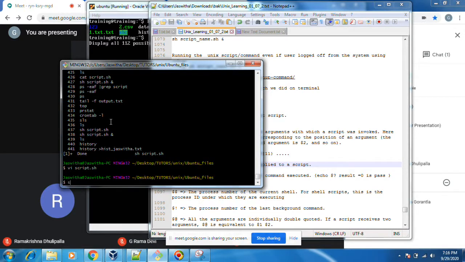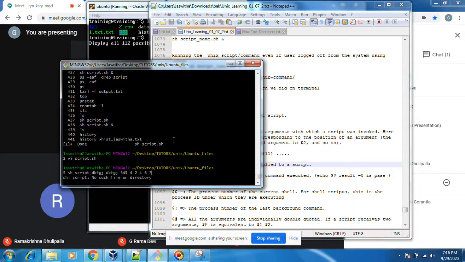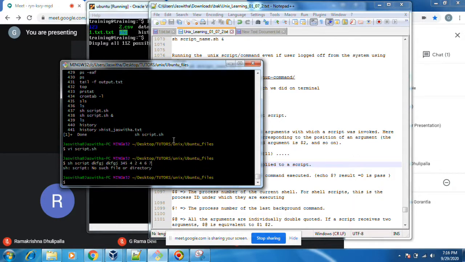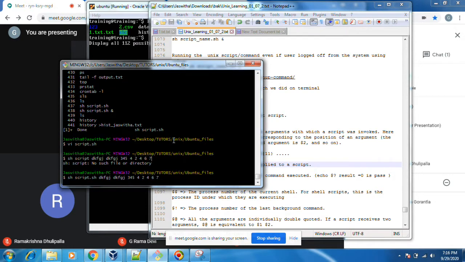Now sh space script.sh. Whatever you keep after the script, these are called arguments. This is the actual script name.